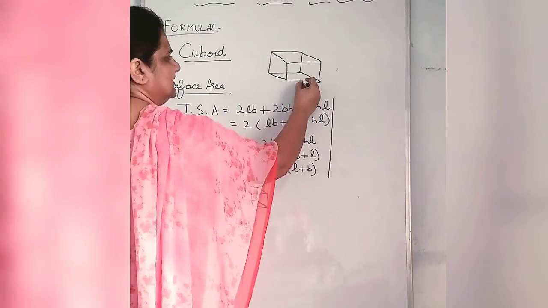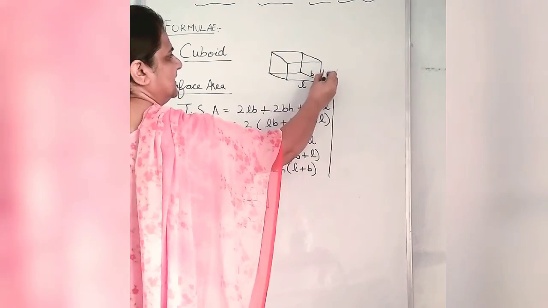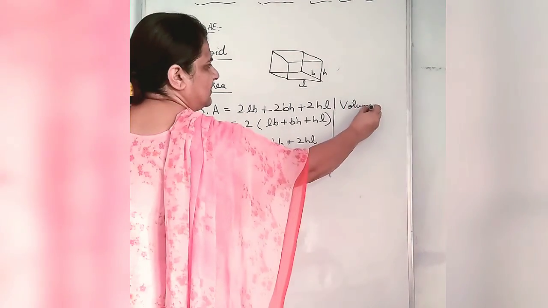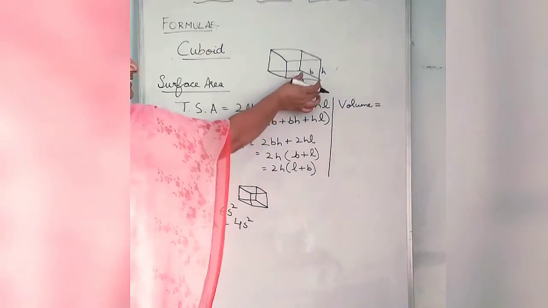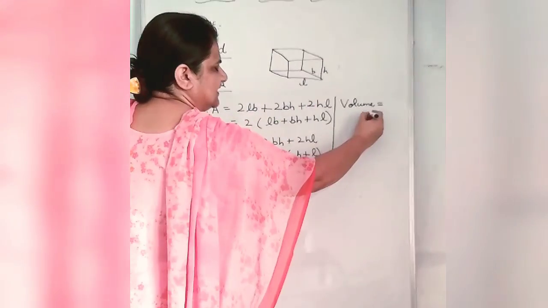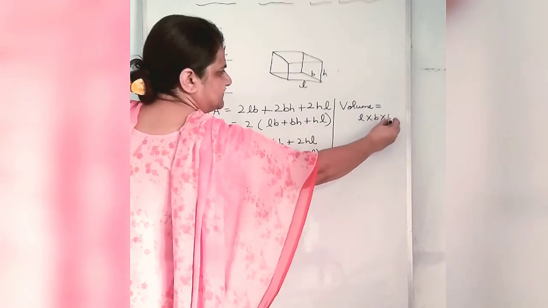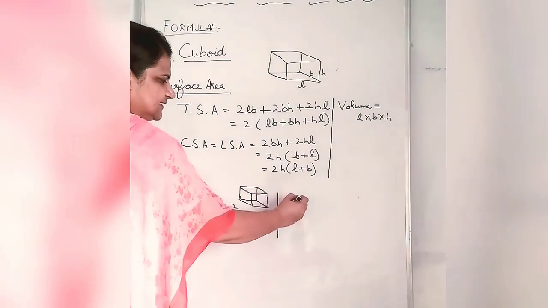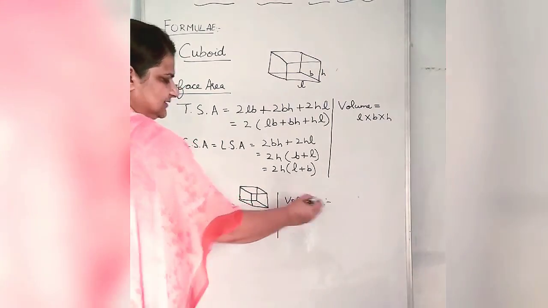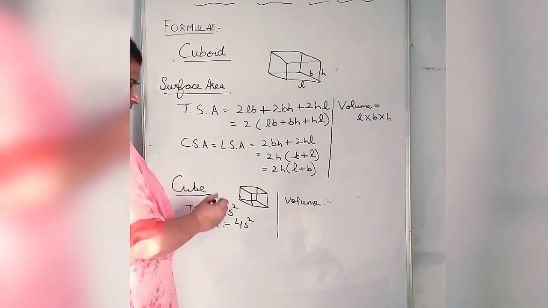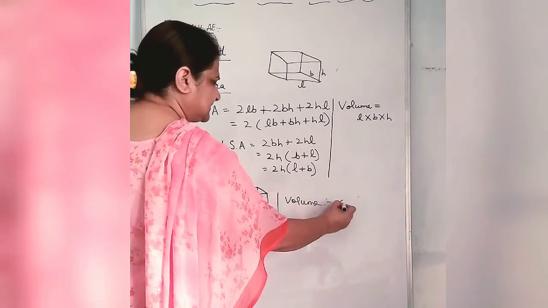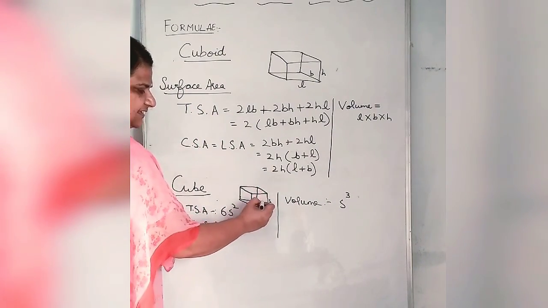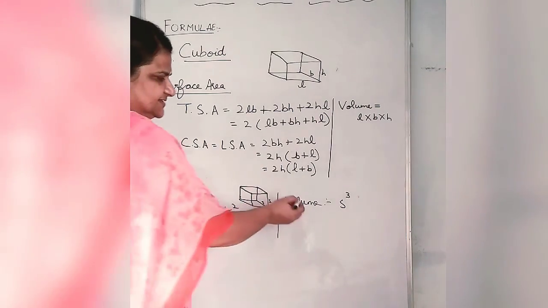Since cuboid has a length, a width and a height, when I talk of the volume of cuboid, that is length into width into height, that is L into B into H. Similarly, when I talk of the volume of cube, since we know all the sides of cube are equal, its volume will be side cube, because all sides are equal, its length, width and height, they all are equal to S, so its volume is equal to